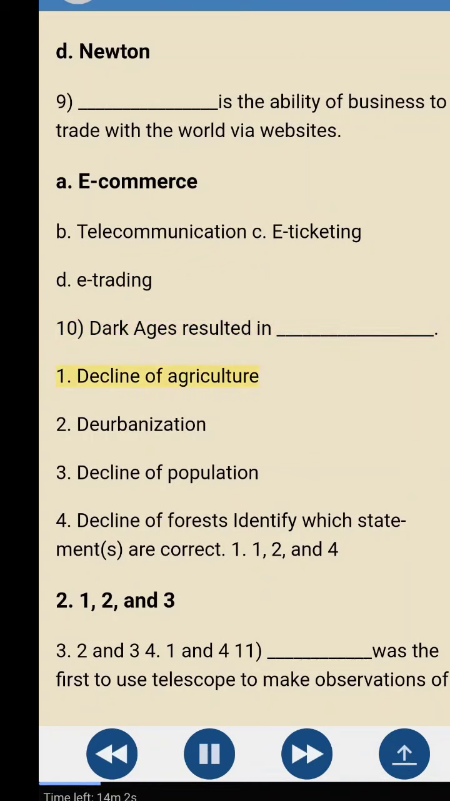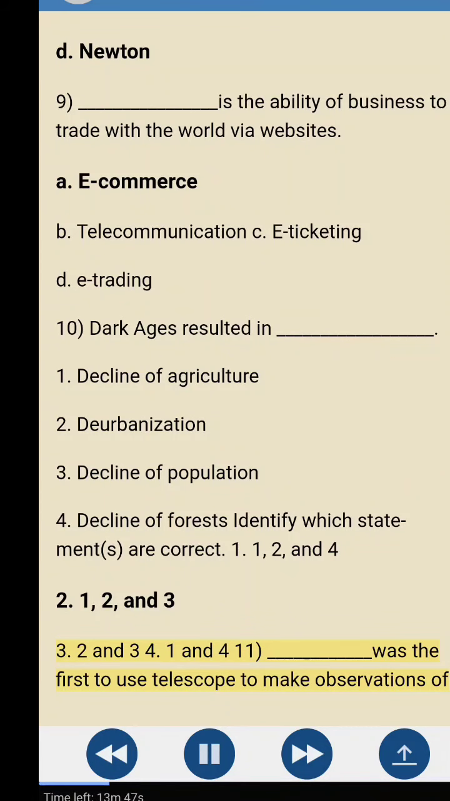1. Decline of agriculture. 2. Deurbanization. 3. Decline of population. 4. Decline of forests. Identify which statements are correct. 1, 1, 2, and 4. 2, 1, 2, and 3. 3, 2 and 3. 4, 1 and 4. 11. Blank was the first to use telescope to make observations of moon, sun, planets and